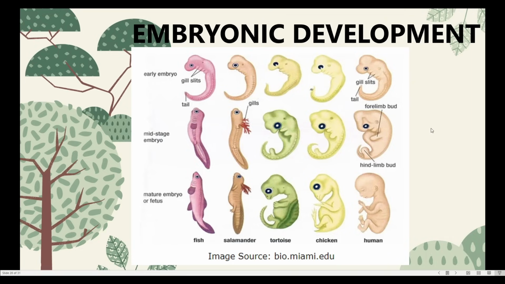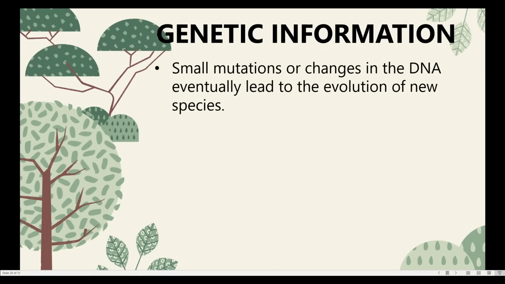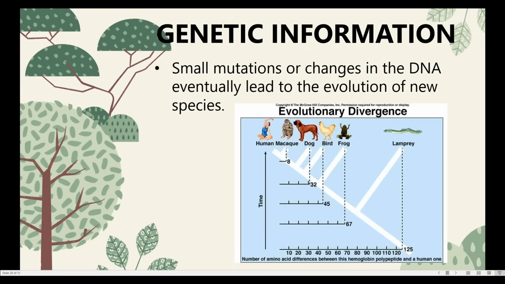Finally, let's go to the last evidence of evolution. We have genetic information. This is related to our previous lesson about mutations in Module 4. Here we can say that small mutations or changes in the DNA eventually lead to the evolution of new species. If in our previous discussion we said that a single insertion or a single deletion or